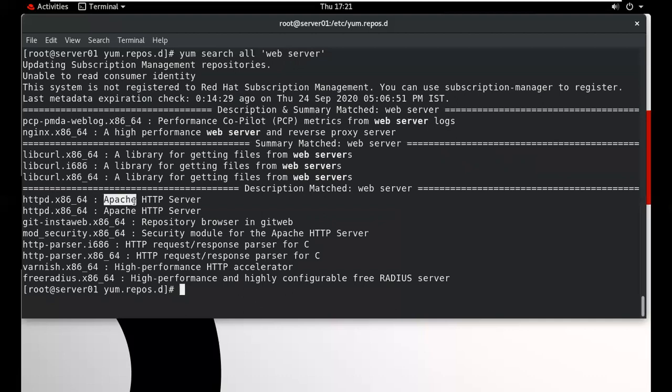We can call it Apache server, HTTP server, or web server. So in Linux, it is basically known as Apache. This is my package name. Just this way we can find any particular package related to any functionality.